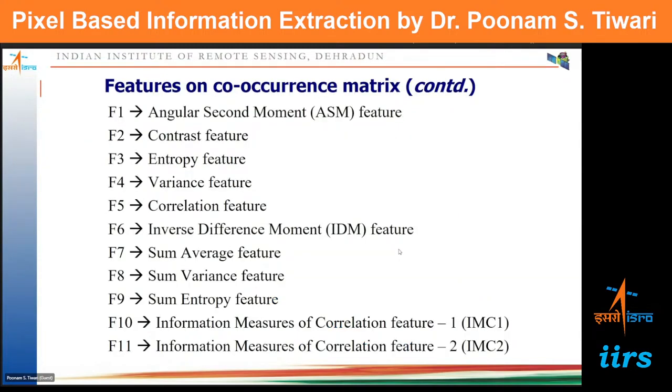They are angular second moment, contrast, entropy, variance, correlation, inverse difference moment, sum average, sum variance, sum entropy, information measure of correlation, and information measure of correlation second. So these are the 11 textures that can be calculated for one single pixel